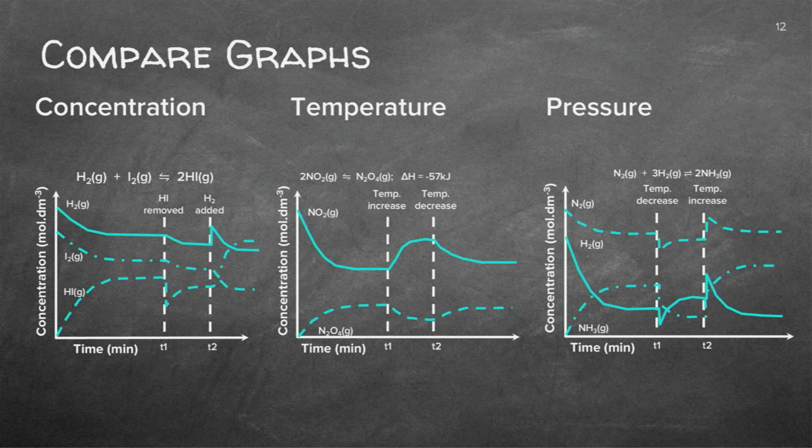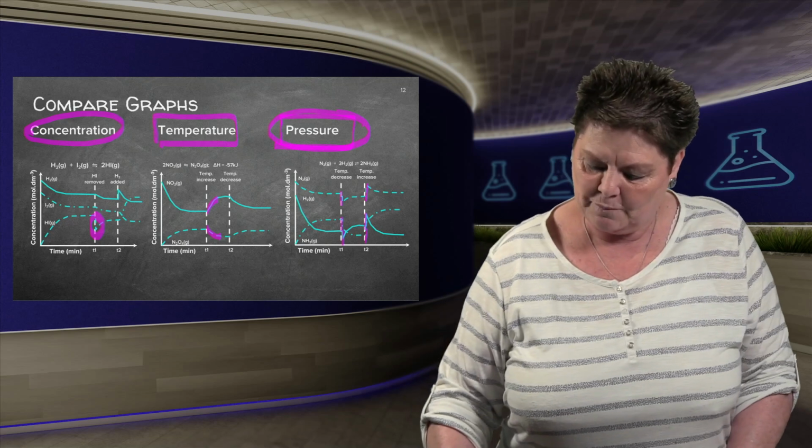I put all three on one slide. What is the difference between the concentration, temperature, or pressure disturbance? Have a look. Concentration will have a spike. Temperature will have one up and one down. And pressure will have all three of them down or all three of them going up. It's easy if you understand what's happening if I increase or lower the pressure by changing the volume. The whole reaction, forward and reverse, will be influenced.